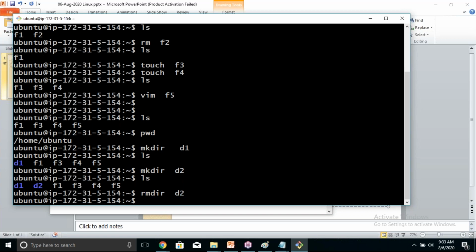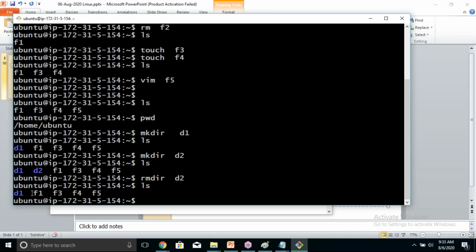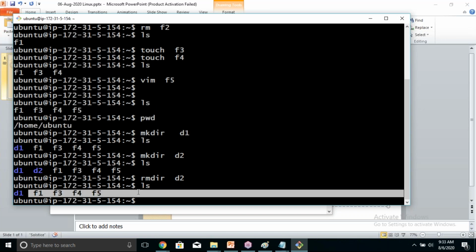The directory is removed. How to confirm? List. Are you able to find D2? No, it's missing. It's removed. You now know how to create a directory, and you also know how to remove a directory.